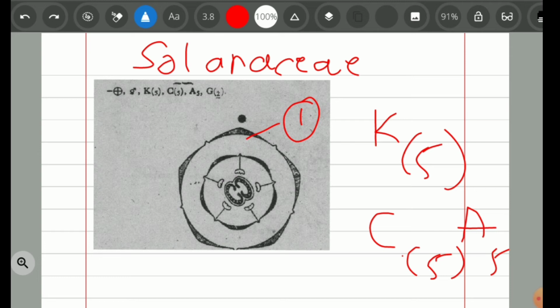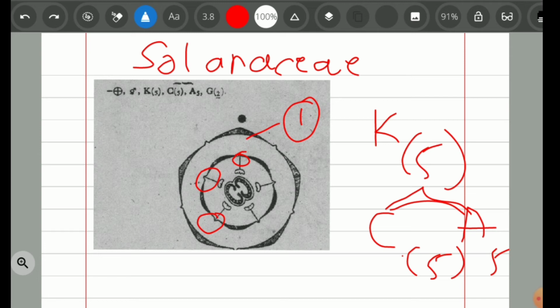Then we have to see another point over here: the androecium and the petals, that's the corolla and the androecium, are fused over here. You can see these are joined. So you need to draw a bracket or something that connects. Either you can draw it like that or like this. This says that the androecium and the corolla are fused.